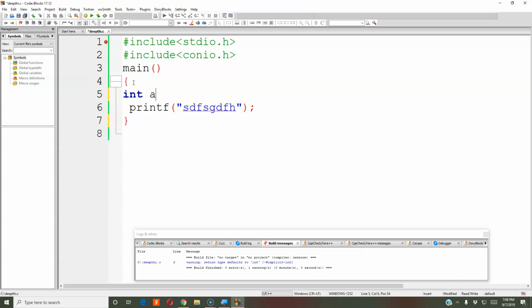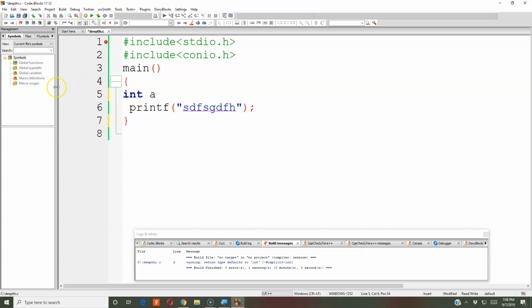A is my variable name. Say for example, your task now is you want to add A and B. A value will be given, B value will be given, and you want to add both and store that value in C and display the value of C. Only you want to display the value of C, nothing else. So how will you do that?